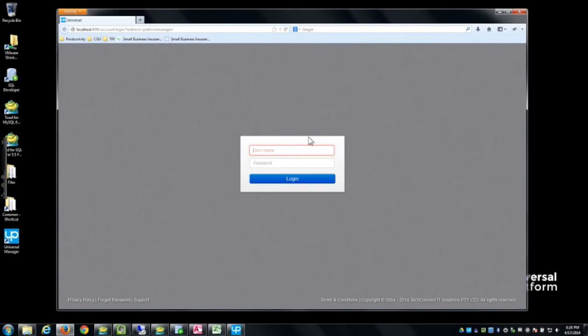It's key to remember that Universal Platform security, its onion skin, its role-based access, is built from the ground up. Everything that is done within the platform is done with a perspective or mindset of security first. Being able to share and provision information within an organization is key and very important. So I'll log in as administrator here,